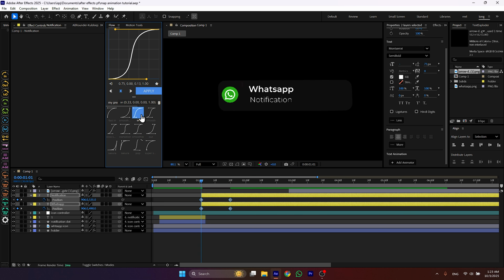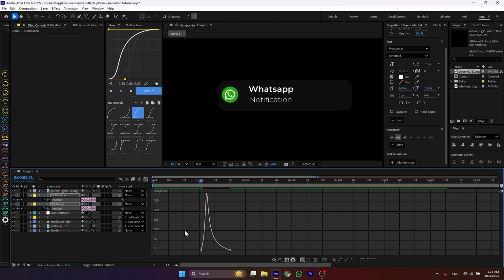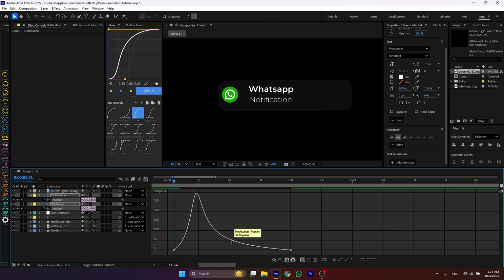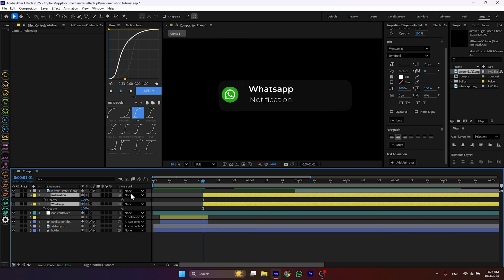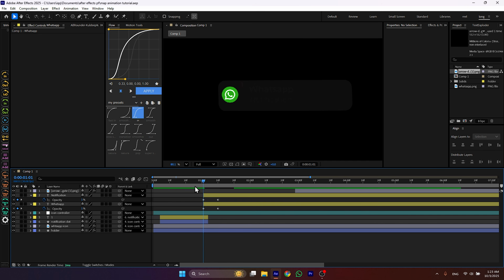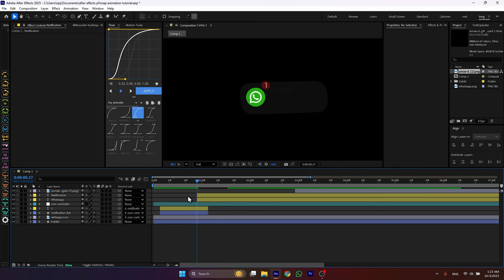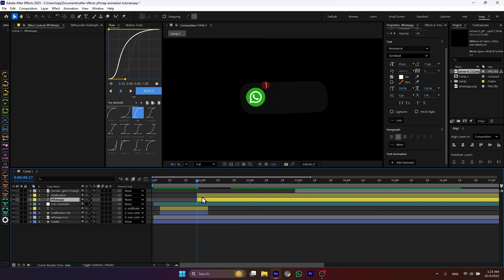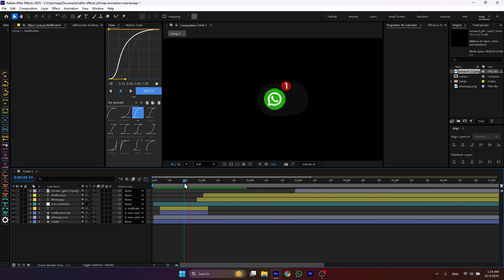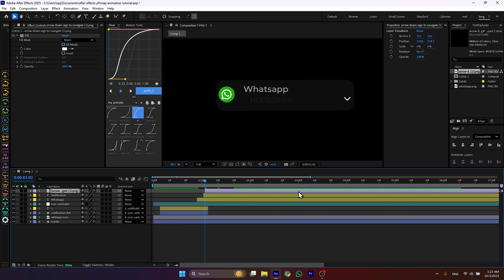And for making the animation smooth, I'm using this graph from Flow plugin. So it's basically the graph with peak on the left. Then I will also add some opacity keyframes. Make sure to adjust the timing. For this arrow, I'm using the bounce animation.